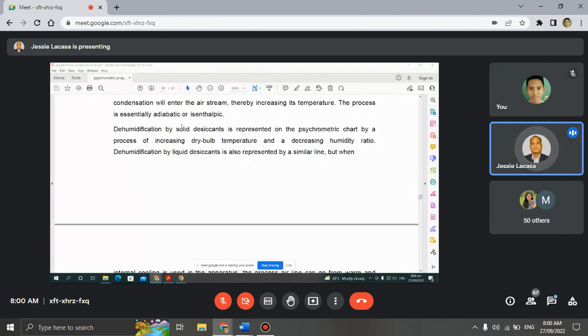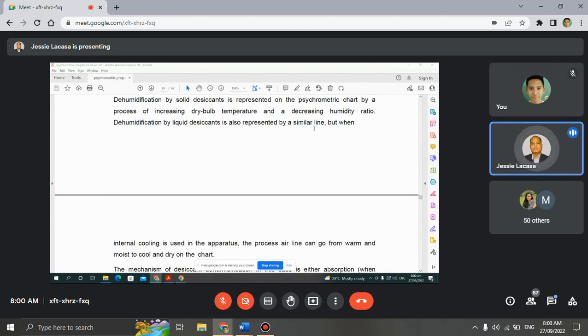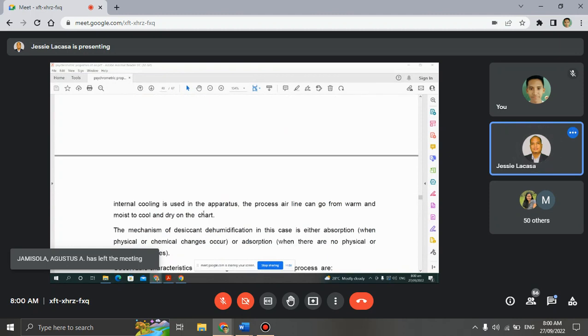So dehumidification by solid desiccants is represented on the psychrometric chart by a process of increasing dry bulb temperature and decreasing humidity ratio, and also constant enthalpy, so parallel to the constant enthalpy line. Dehumidification by liquid desiccants is also represented by a similar line. But when internal cooling is used in the apparatus, the process is